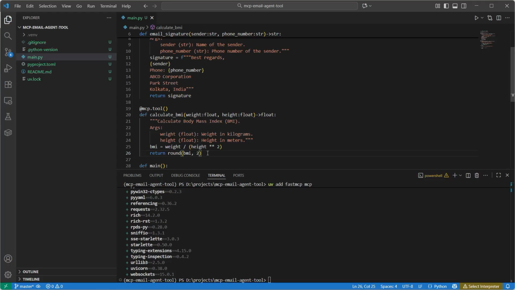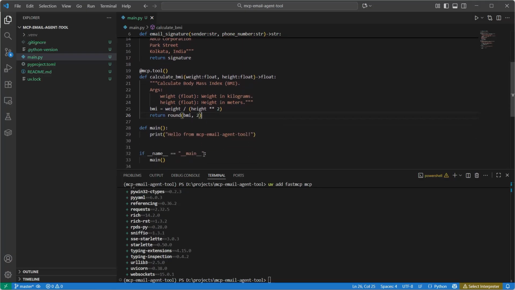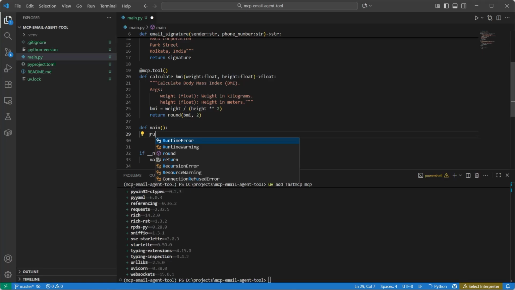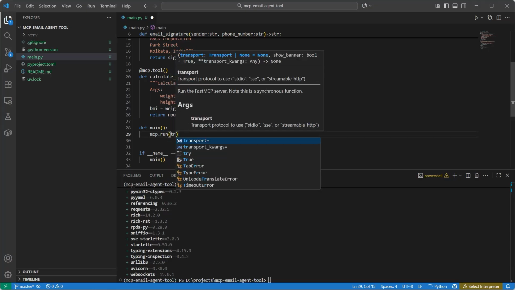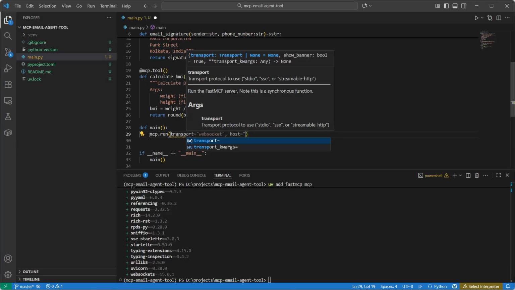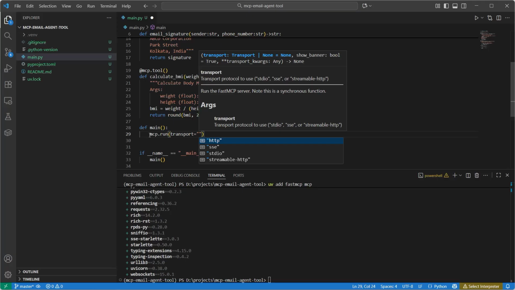So now we have to add more code. I have to run this MCP server. Within this main function, I'll say mcp.run, and then we have to give the transport type. So transport, we'll say streamable HTTP,